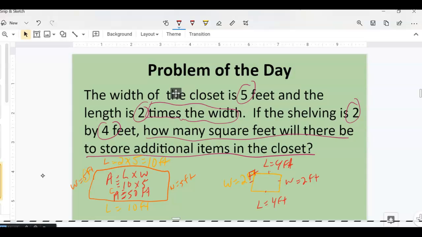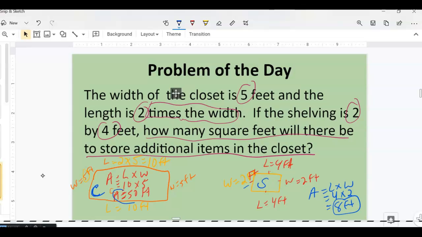So let's go over here to the shelving. Now we use the same strategy, length times the width. So we know that the length is 4. We know that the width is 2. So that's going to be 8 feet. Okay, so for the area for the shelving, I'm just going to put the S in there for shelving, the shelving has an area of 8,